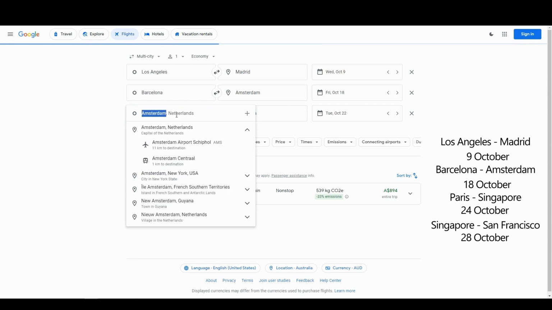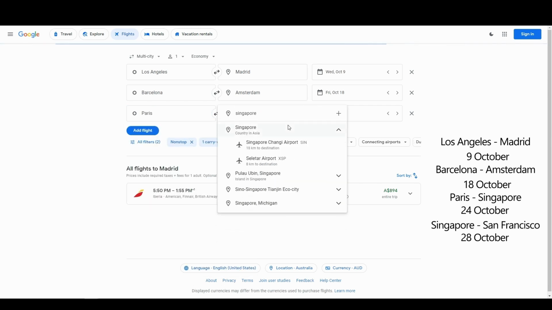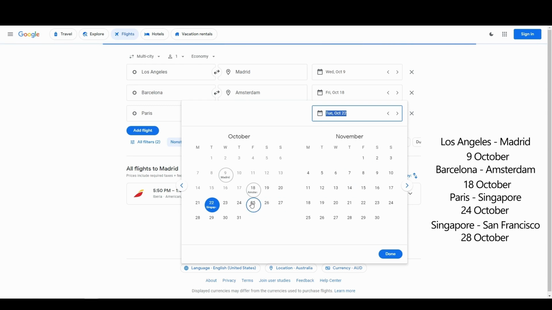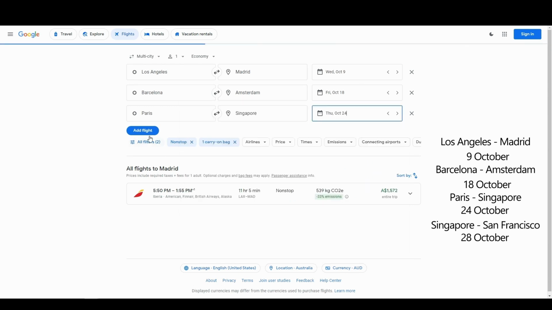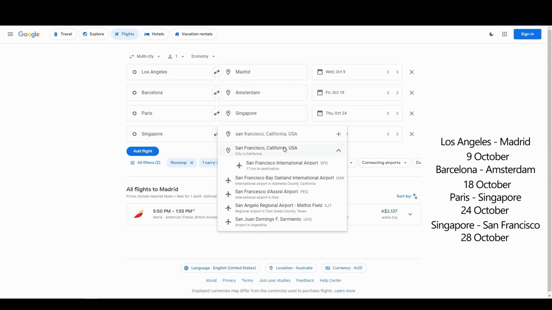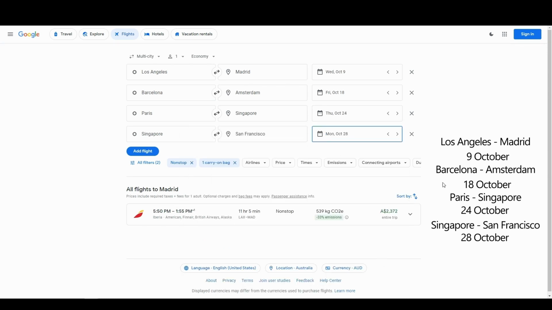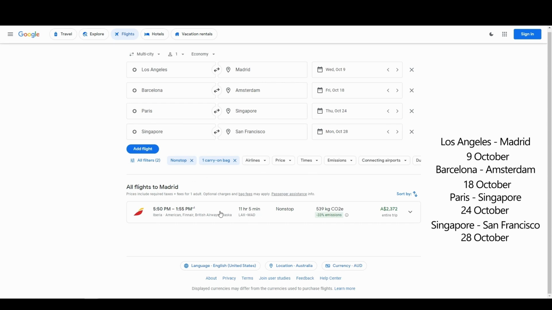Next trip will be from Paris to Singapore on the 24th. The last flight will be from Singapore to San Francisco on the 28th. We'll keep the filters as they are, and let's have a look at our results.